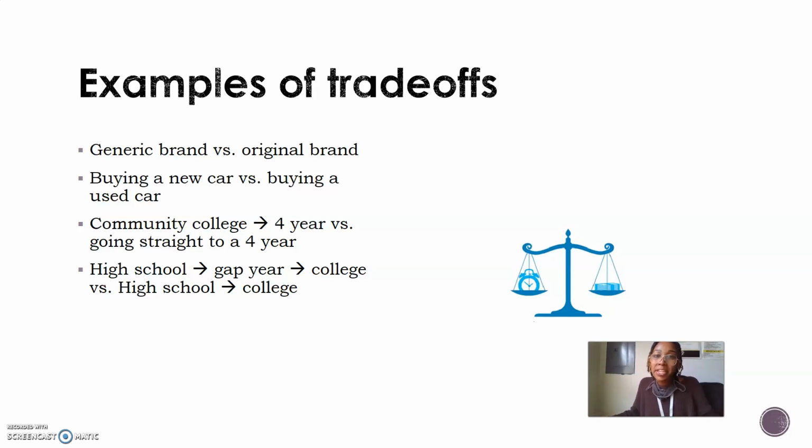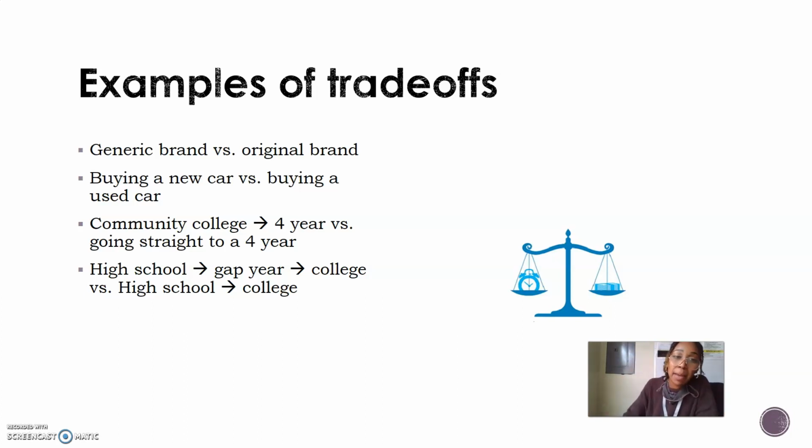Or maybe buying a new car versus buying a used car. Buying a new car would be more ideal. I'll be the first person driving it. I don't have to worry about anybody's negative energy being within that car. But it's also more expensive than buying a used car. But then again, someone else used that used car. And what if there are other issues within that car because of that other person's behaviors within the car?